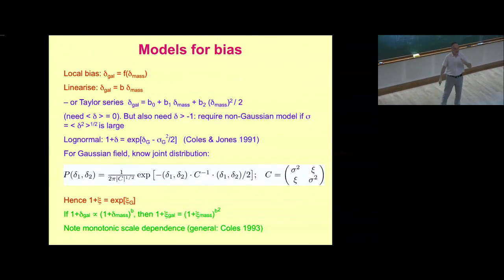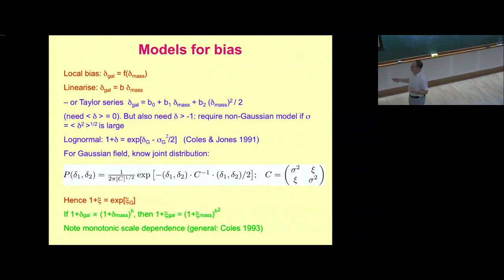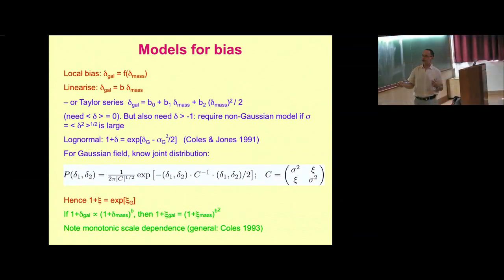The beautiful thing about this is that all the statistics of this nonlinear field can be calculated. So, for example, suppose we were interested, having made this transformation, in the 2-point correlation function of the new delta. Well, we know the joint distribution for the